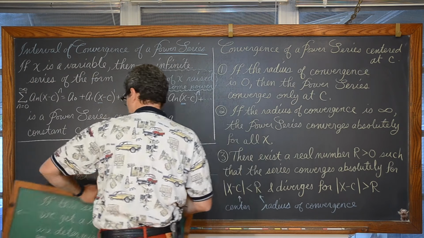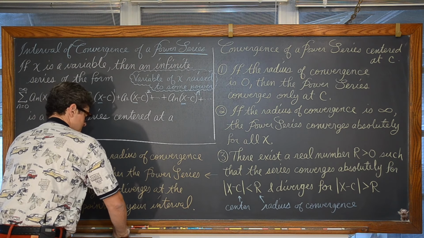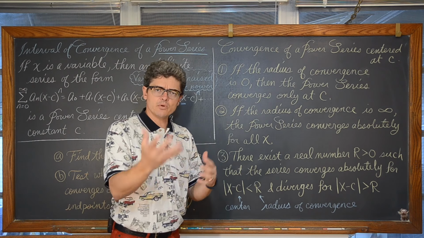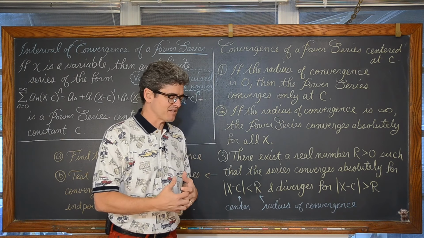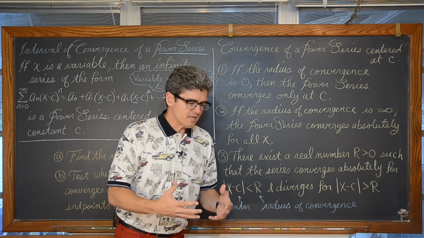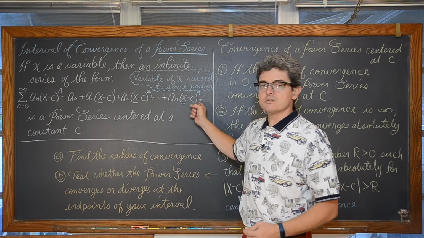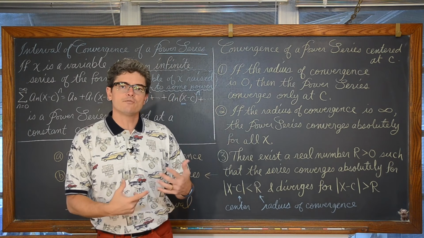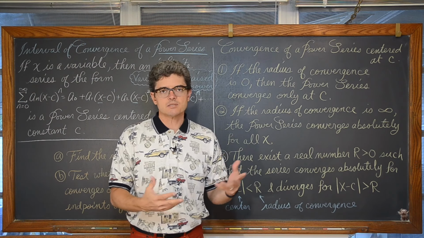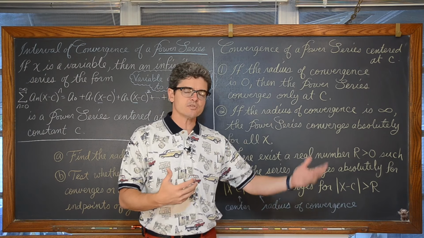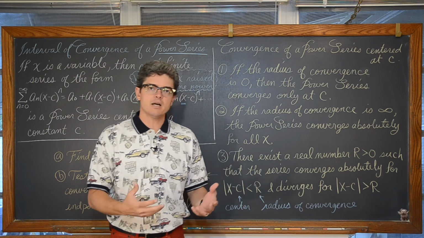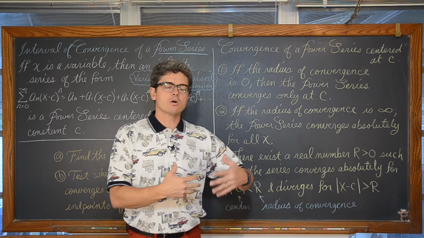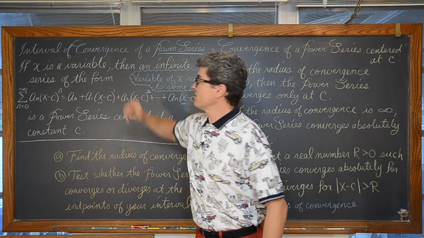But that's hopefully giving you a good idea of what is going on. Now, to do these 3 examples, we're going to use the ratio test. We just talked about that in the previous section. That ratio test says that a series absolutely converges if the absolute value of the ratio of a sub n plus 1 over a sub n is less than 1. If it's equal to 1, it's indeterminate. If it's greater than 1, then that series diverges. So the ratio test gives us an inequality to work off of to determine that interval of convergence.